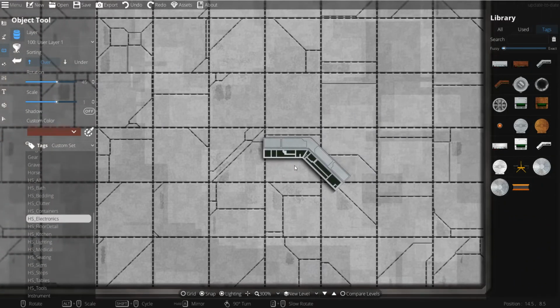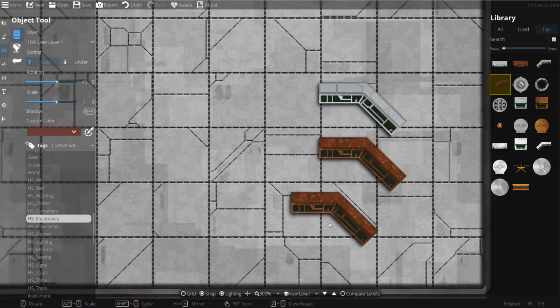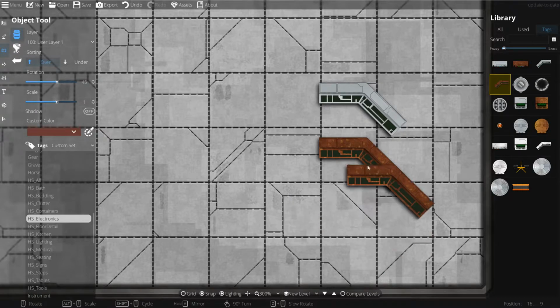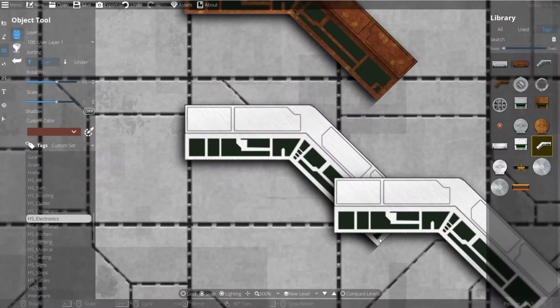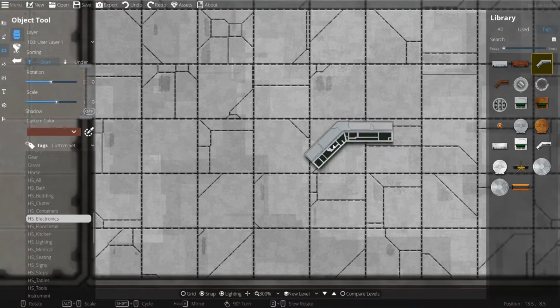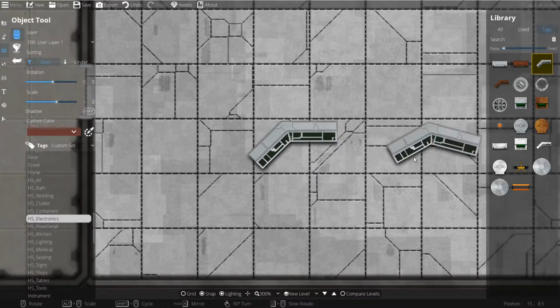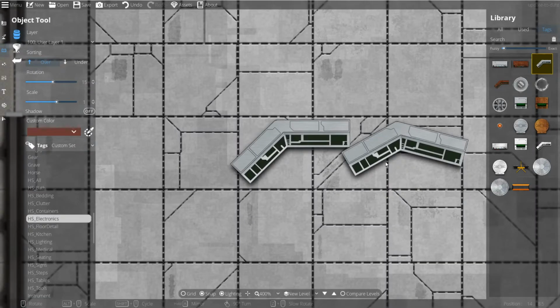There are 3 variations of most things in this pack. You've got a stainless steel version, which is kind of the default, and then you get a rusty version, because again, HellScape is supposed to work pretty well for post-apocalyptic settings, so most objects have a damaged version, and then I have a nice, clean, pristine white version, but I am sticking with my normal style, which is these guys. And here you'll notice that the shadow cuts off on the right side of this, and that's intentional, because